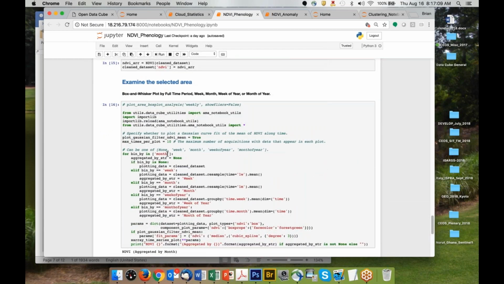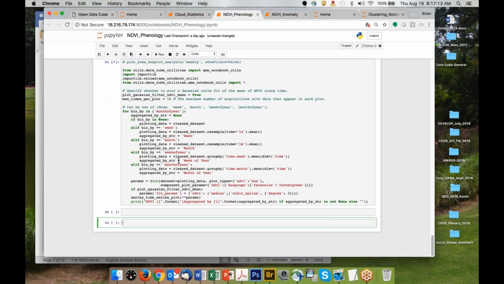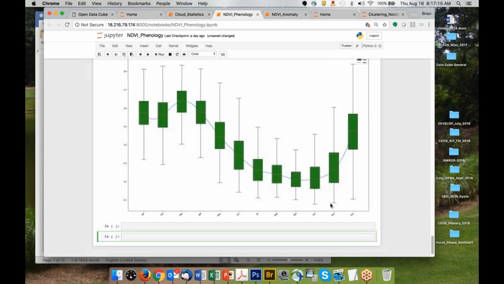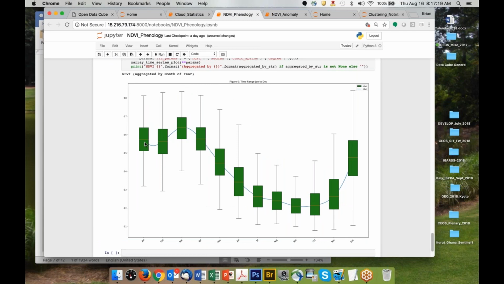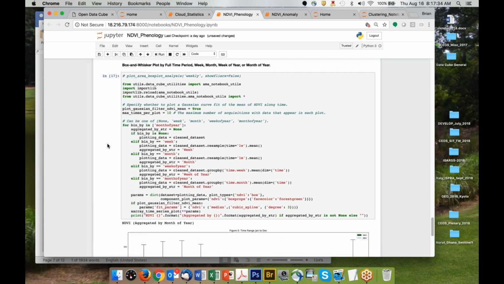If I change this plot to month of year and rerun it, this bins everything up to months. And again, for just this area, so that's all the croplands I was looking at, I can see this particular feature which says, this is my January, February, March, April green period. This is my dry period. So what's interesting is that,